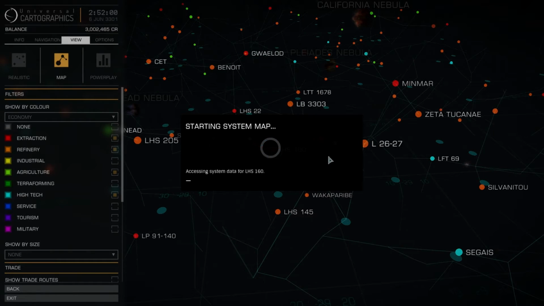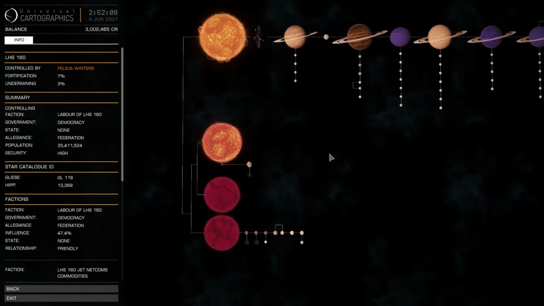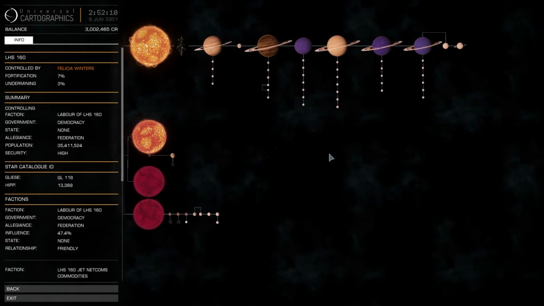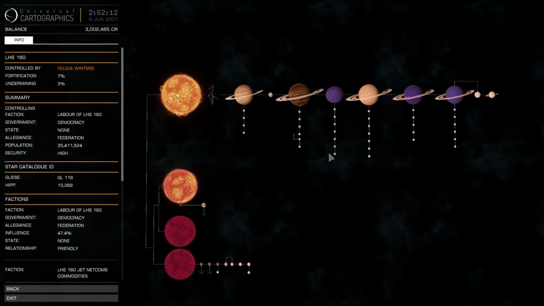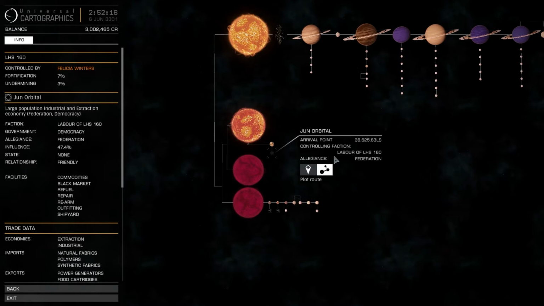Let's see if we can actually access the system map this time. No, it doesn't look like it. Ah, that's a shame. Oh, yeah. Ah, good. Whoa, this thing's massive. This system's enormous. Oh my god. Okay, John Orbital, arrival point 38,000 light seconds from... That means you're going to have to travel like half an hour just to get there after landing in the system, so we don't want to...